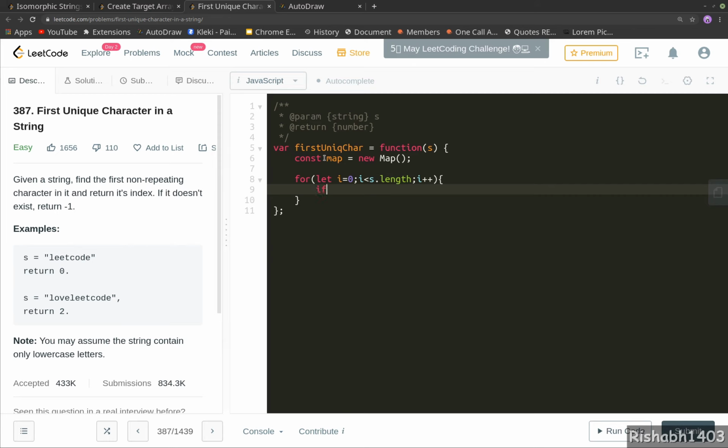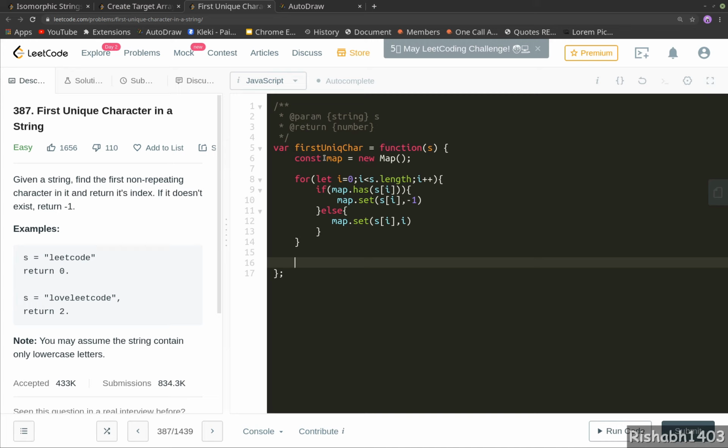So if the character is already there in the map, that means it's a duplicate character and we will set the index to -1, else we will set the index to the current index. Now that we have our map, we loop over the map and check where the value is not -1, and for the first of its kind we return that.